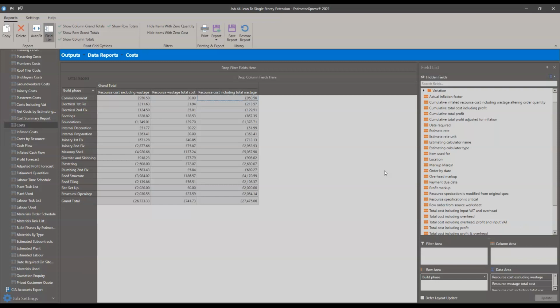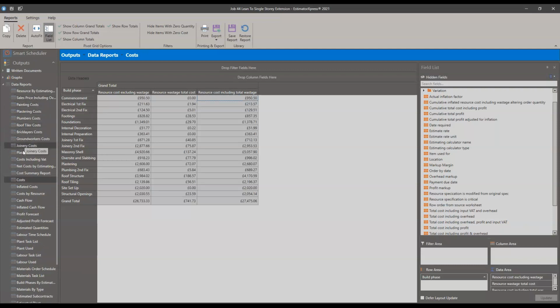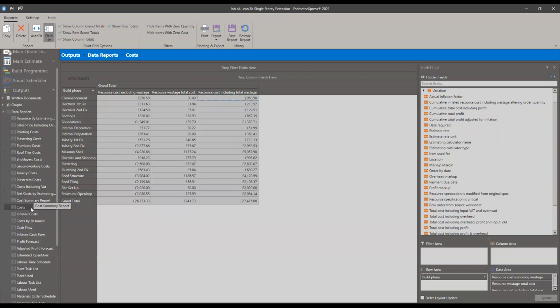So if you're in the cost report, it's near the top, a third of the way down in the list. Grab the cost report. Okay, so now we've got the cost report. We saw it's, as I said, listed by build phase. We can put that in the correct order